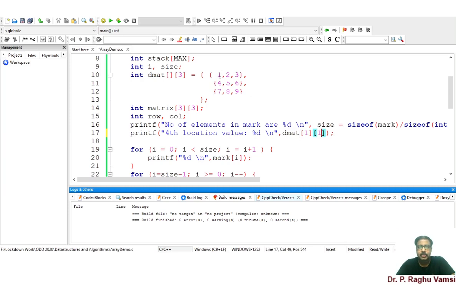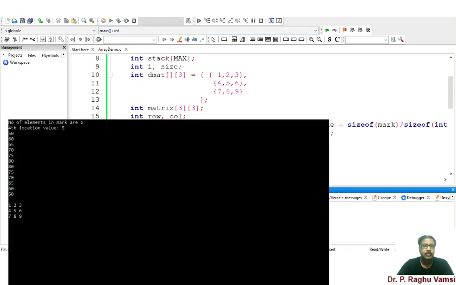So this is 0 0, 0 1, 0 2, 1 0, 1 1. So 5 has to be printed here. Now I will run it again and we'll see whether we got 5 or not. Fourth location value is 5. So this is the way we get the values with the specific indexes that we provided using the printf statement.